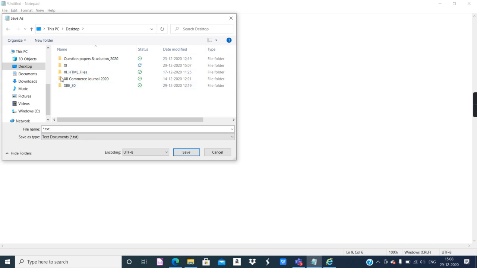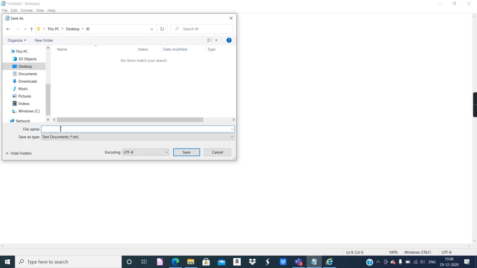Now give a double click on the name of the folder. The name of the folder should be visible like this. That means whatever you are going to save will be saved in the folder in this manner.